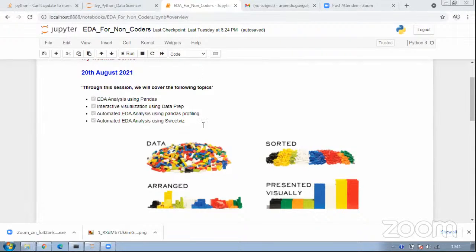For people who are seeing this interface for the first time, Jupyter is an IDE where you write Python programming code. And Jupyter is very good whenever you want to showcase your work. For example, I am using Jupyter to show you the work, right?